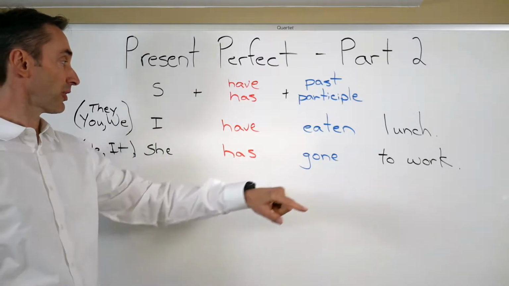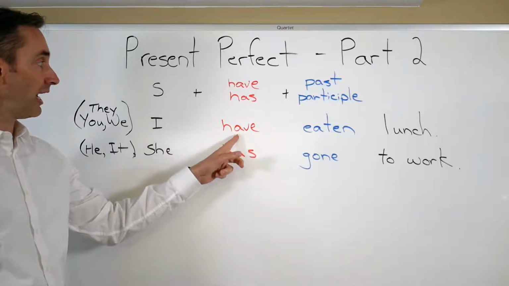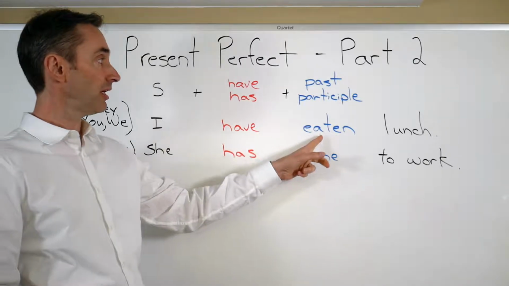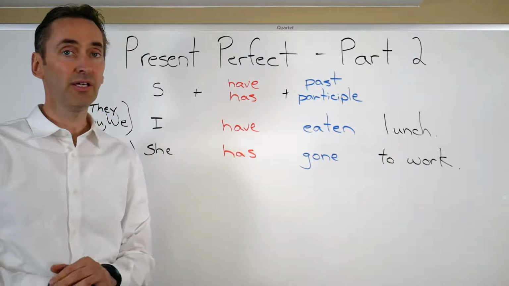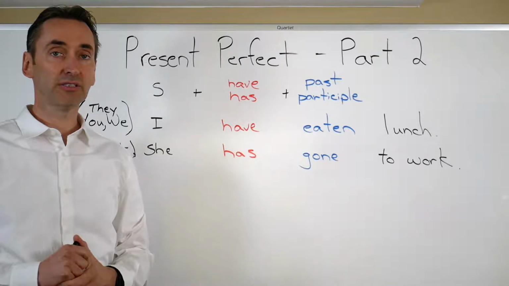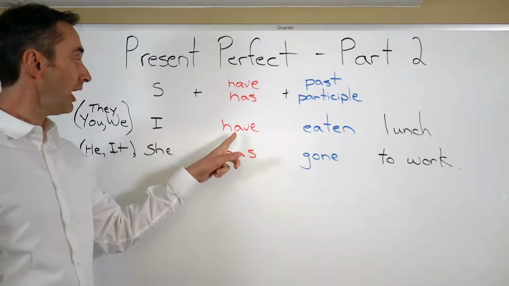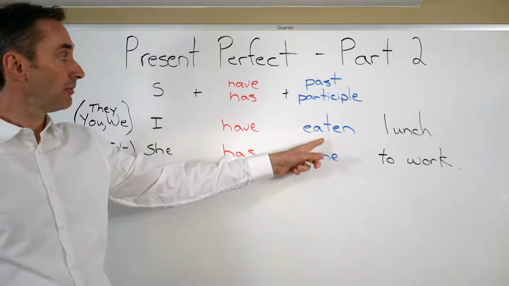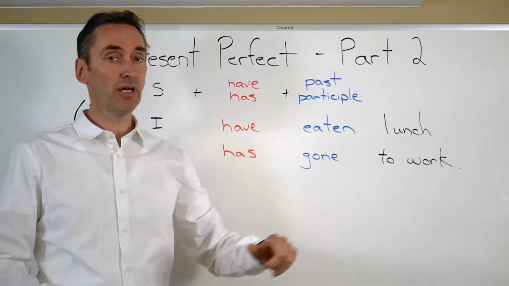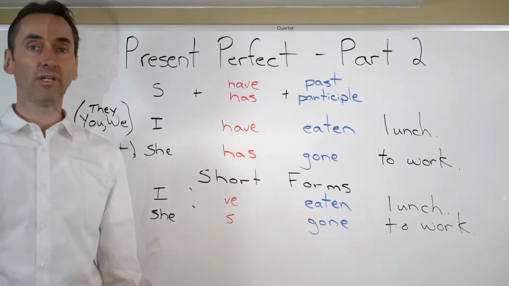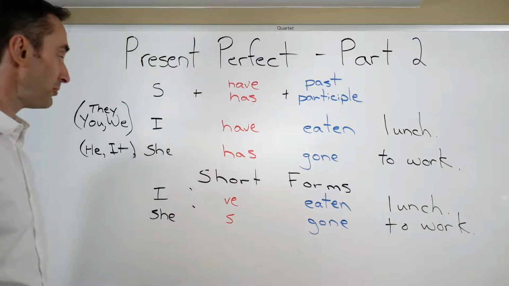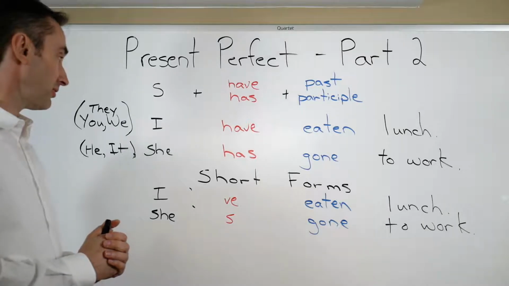She has gone to work. So, subject, have or has, past participle, and then the remainder of the sentence. So, 文章の作り方で主語 have か has 過去分詞と目的語ですね。